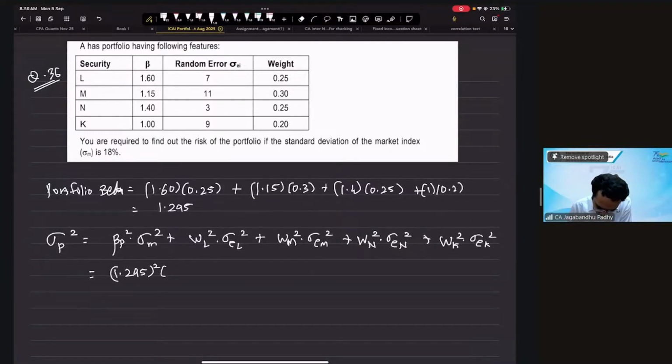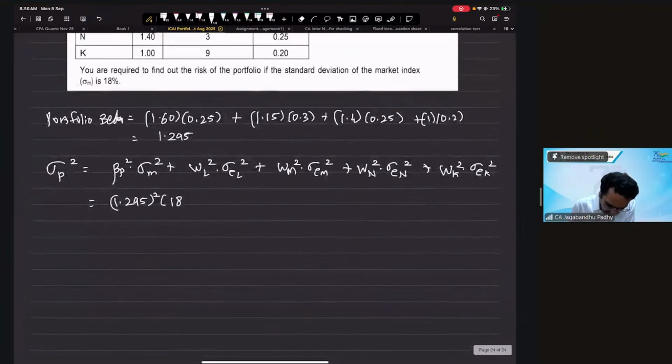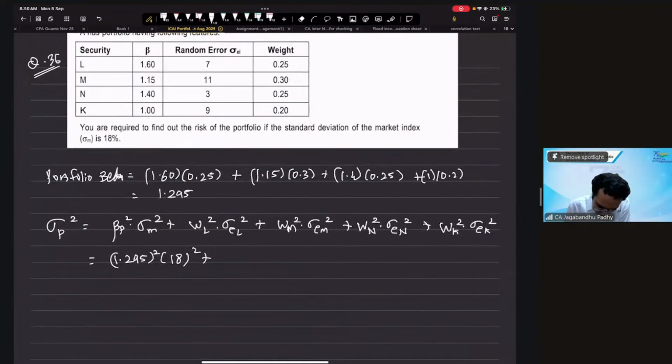So variance of market is what? 18%. So we need to take the square of this